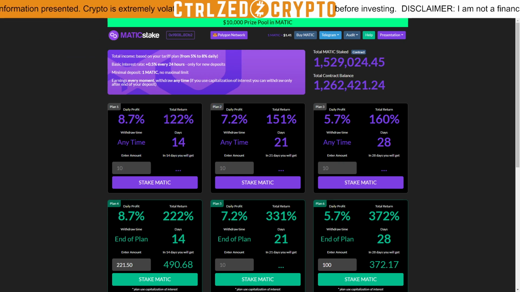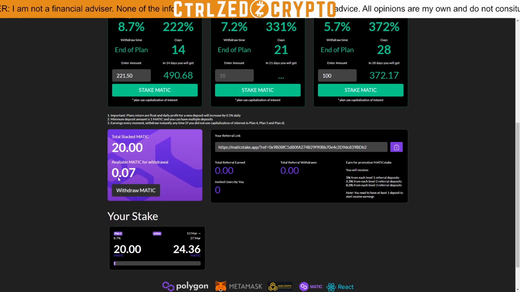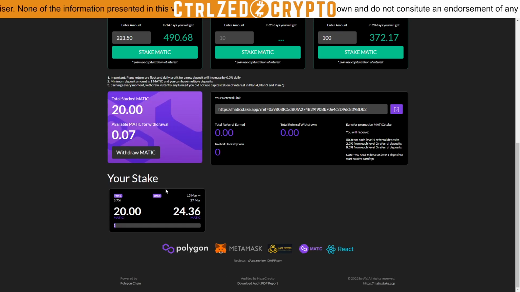I'm hoping I get 122% back. If it fails a little bit early, maybe I get back 110%, 105%, or at the very worst case scenario, maybe I get back 95% and it's not a big deal. It's not a big deal either way. We're talking about 20 MATIC here, but I really just want to test this